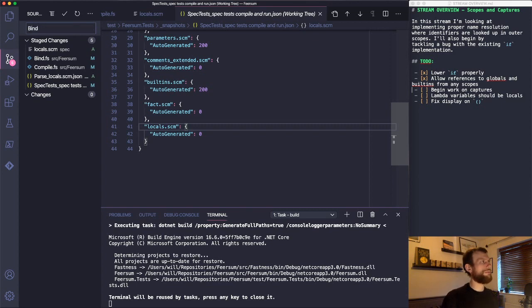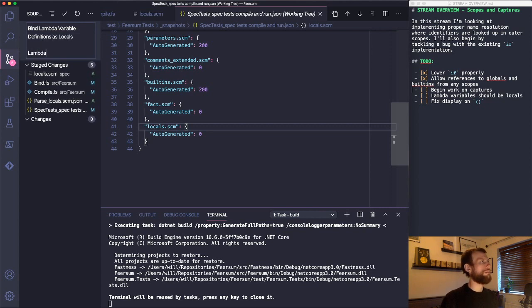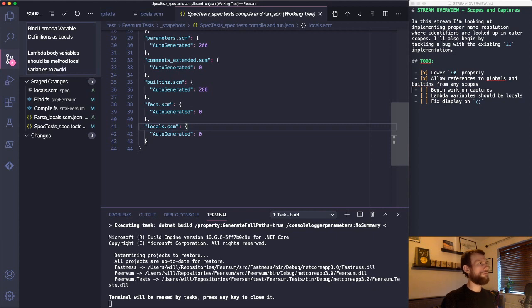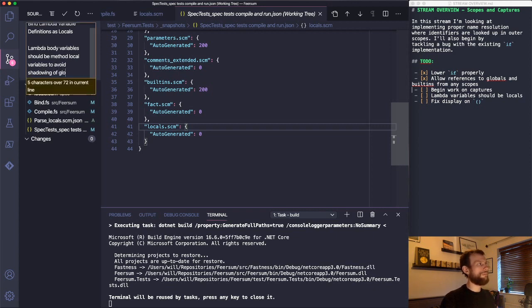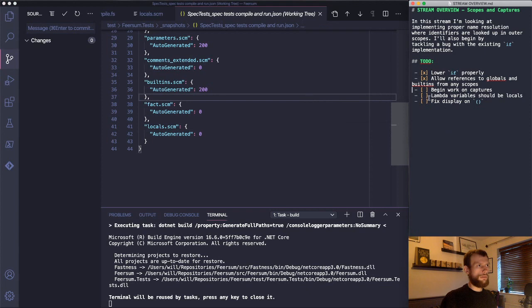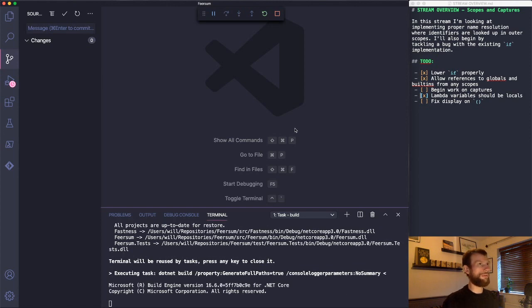So bind lambda body should be method local variables. Sounds good. Let's just run the